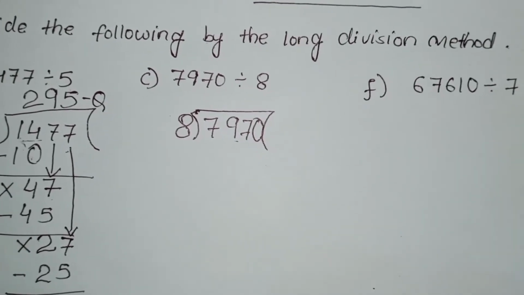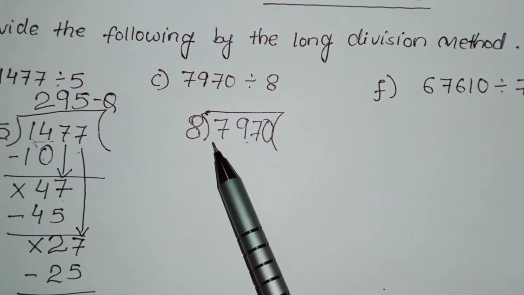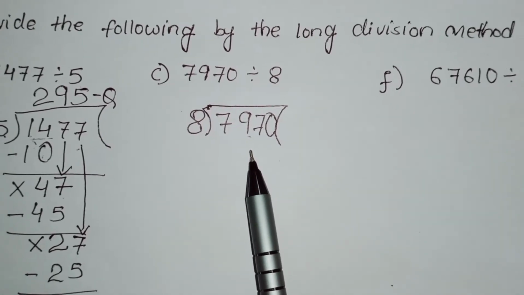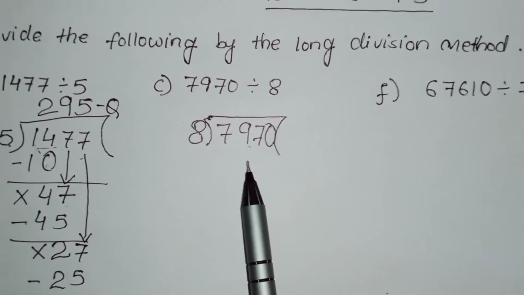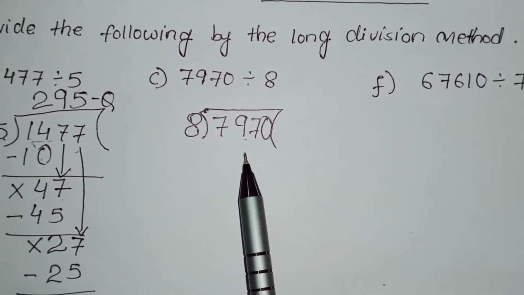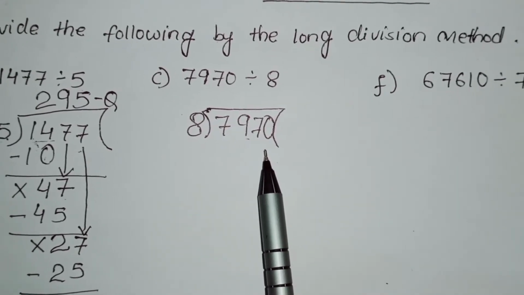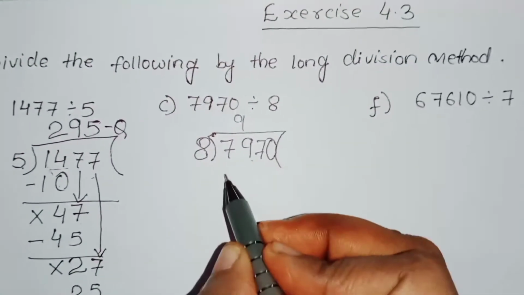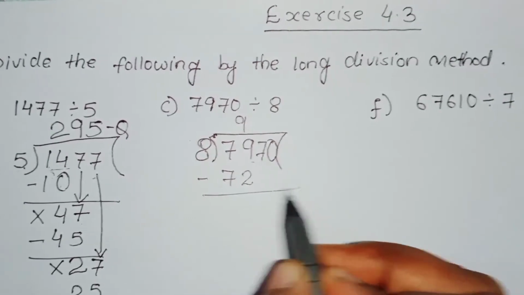Okay, so 8 10 ja 80 is there and 8 9 ja 72 is there. And this one is 79. So we have to take the number which is less than 79. What is less than 79? 72. No, if I take 80, it will be more than 79. So we have to take the number which is less than 79. So it is 72. So 8 9 ja 72.